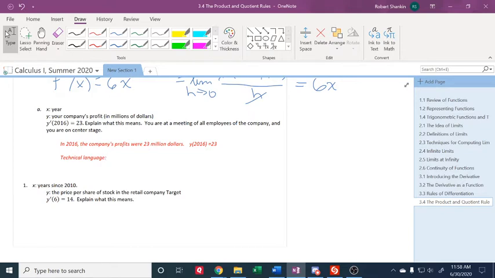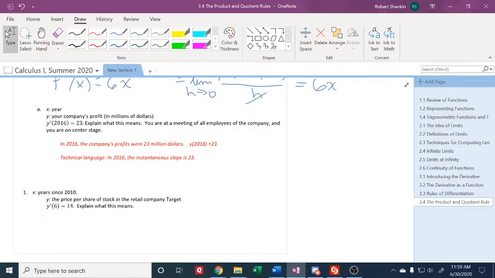All right. Now this is technical language. We're going to have to put this in layman's terms because this is a meeting of all the employees of the company and most of them aren't going to understand this. But in technical language, in 2016, the instantaneous slope is 23. Now, to put this in language that everybody can understand,